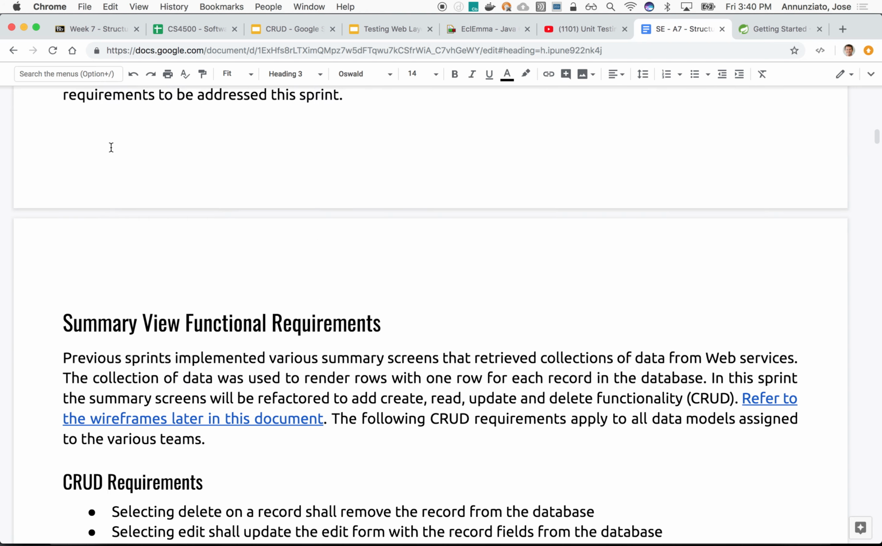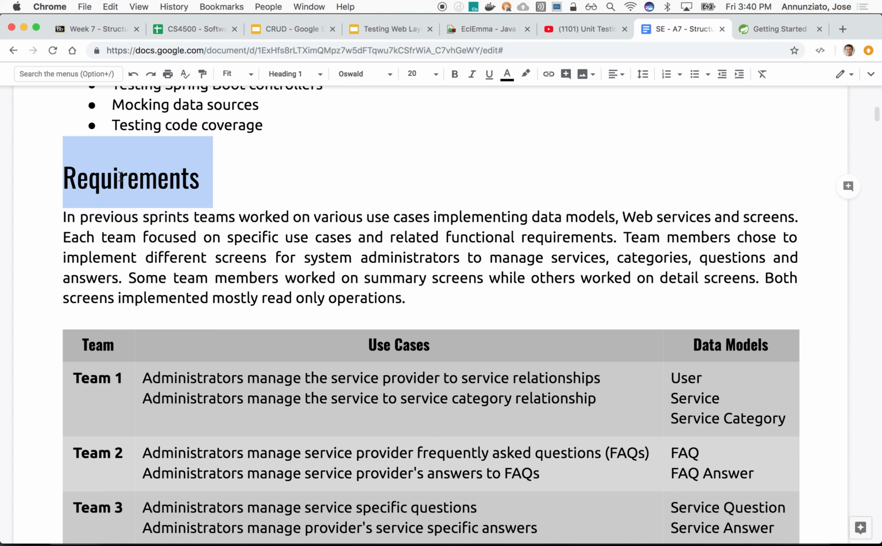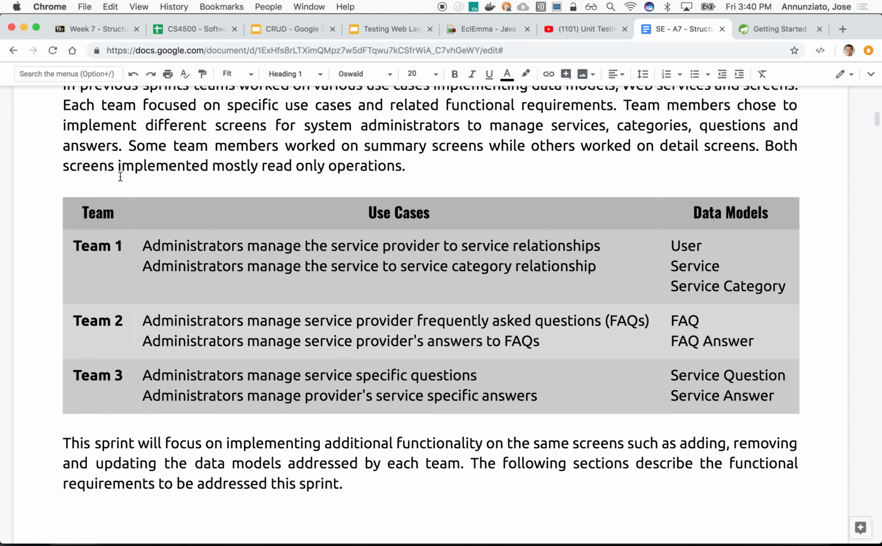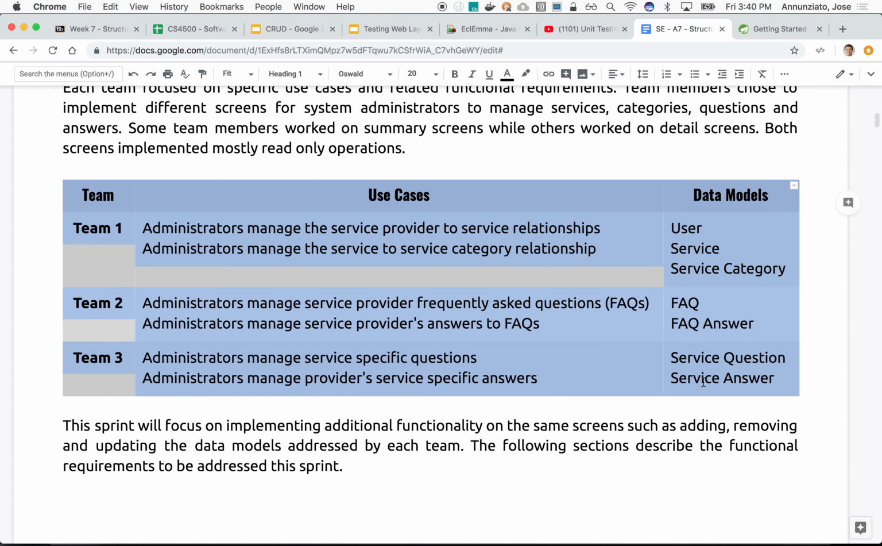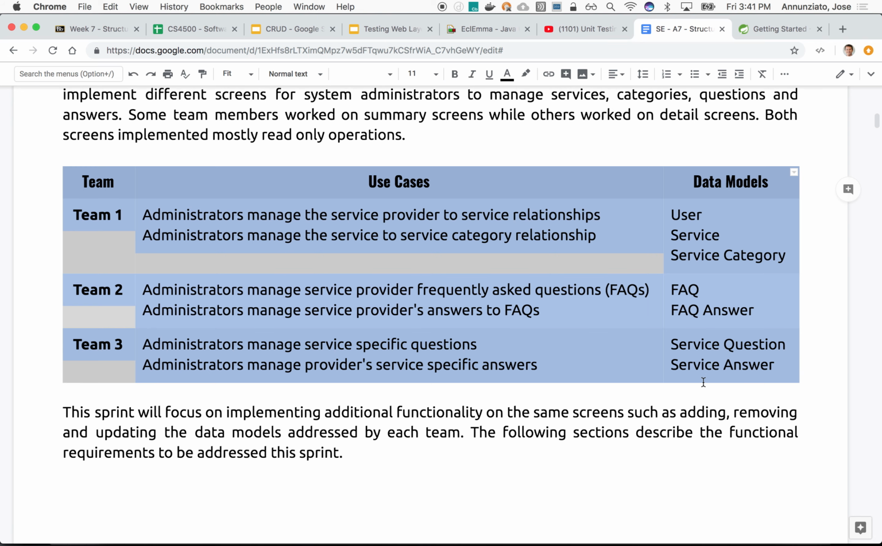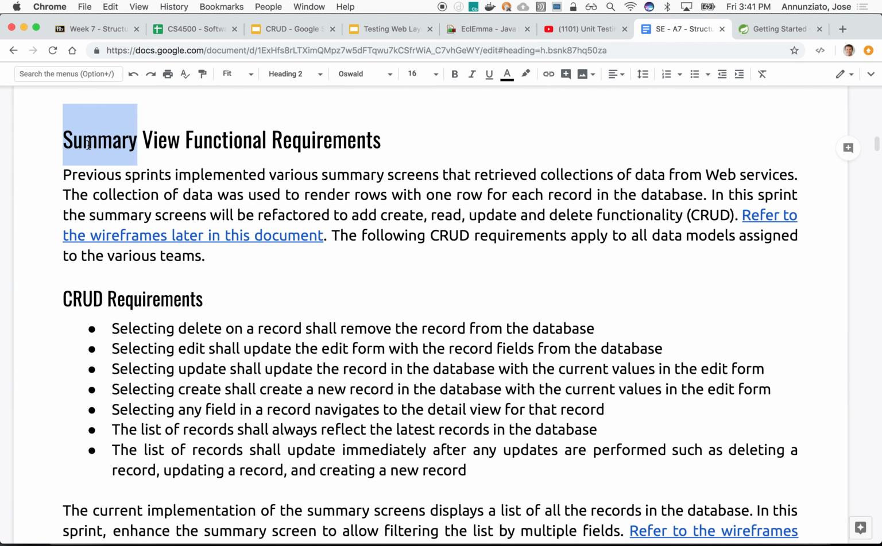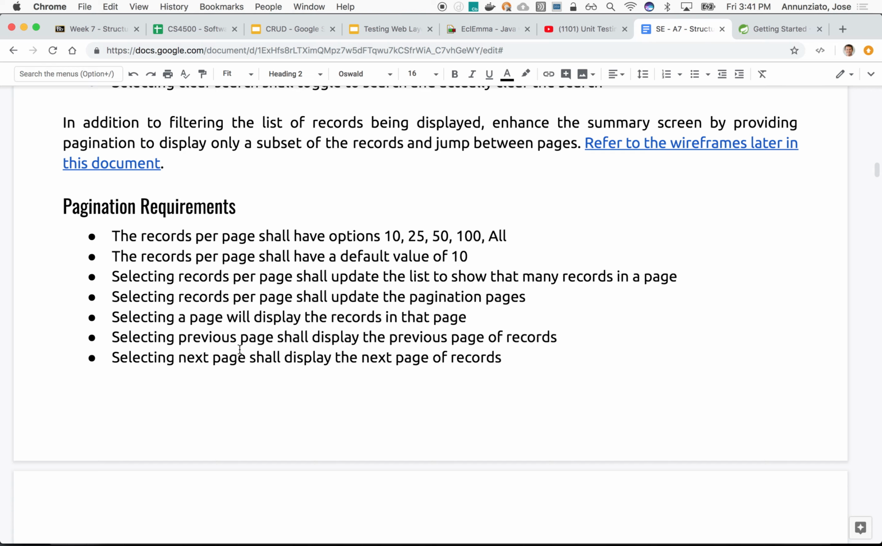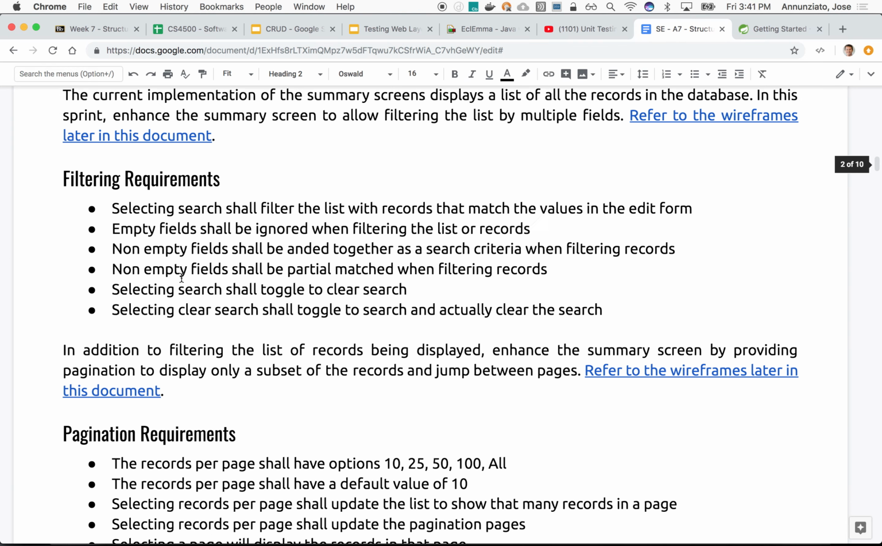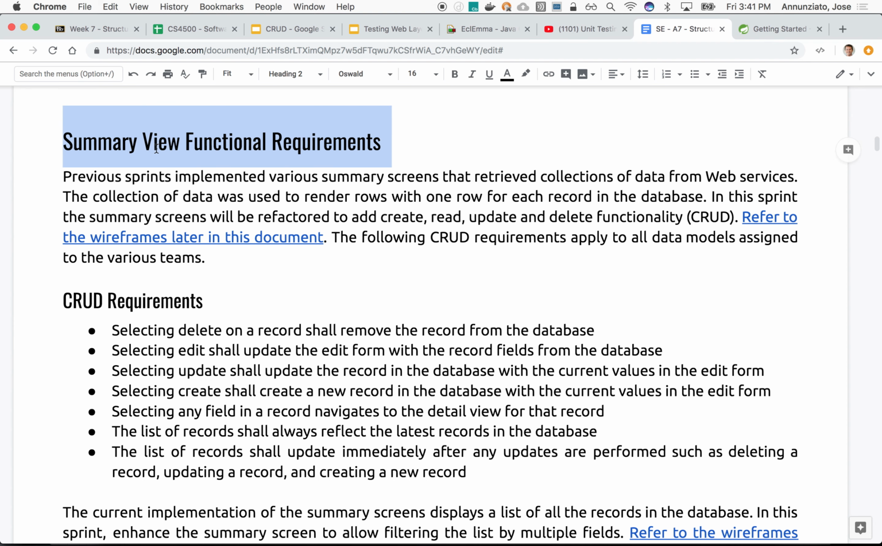So in this document, it has a requirements section. Again, it just reminds everyone what teams were working on what use cases. In a couple of sprints, we're going to switch this, so each one will work on somebody else's code. And this is reminding us also that some team members worked on summary views and some team members worked on the details views. Now for the summary views, this sprint we're going to be working on adding 3 new